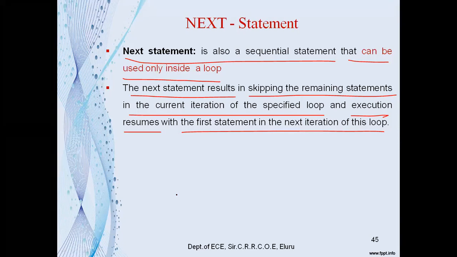They will all be permanently terminated, and the execution will be resumed to the first statement in the next iteration of the process. అంటే మళ్ళీ సెకండ్ ఇటరేషన్ ప్రాసెస్ చేయాలి కదా మరి. అది ఆ సెకండ్ ఇటరేషన్ ప్రాసెస్ చేసేటప్పుడు మళ్ళీ అది ఫస్ట్ నుంచి కన్సిడర్ చేస్తుంది. అంటే ఏదైతే నెక్స్ట్ స్టేట్మెంట్ తర్వాత స్టేట్మెంట్స్ ఉన్నాయో అవన్నీ స్కిప్ అయిపోతాయి. Okay, and then it will go on to the first statement of the loop here.